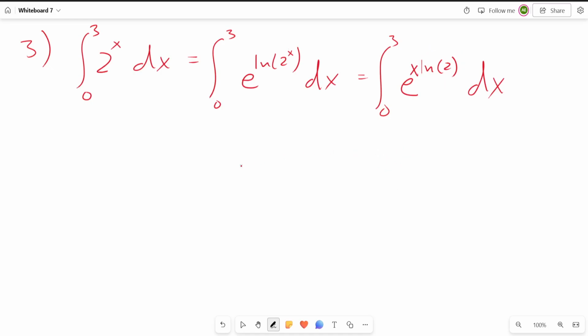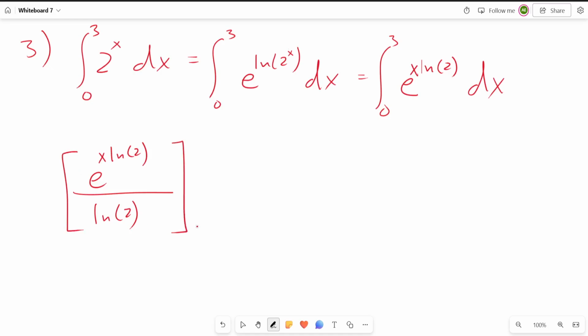So what is the integration of e to the power of x? It's basically e to the power of the same thing. Wait, this is no longer integration. We finished the integration. So e to the power of x ln of 2, and then we divide by the differentiation of this function. This is the reverse chain rule. So we divide by the differentiation of x ln 2. So what's the differentiation of x times any constant? It's basically that constant. So the differentiation is ln 2, so we divide by ln of 2,